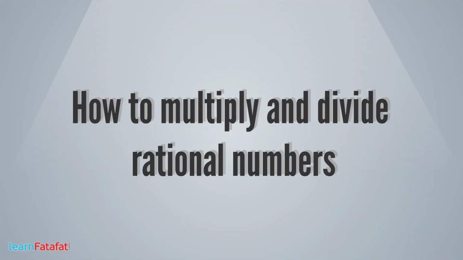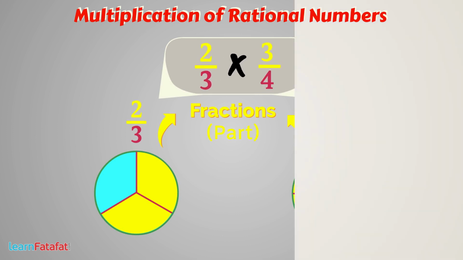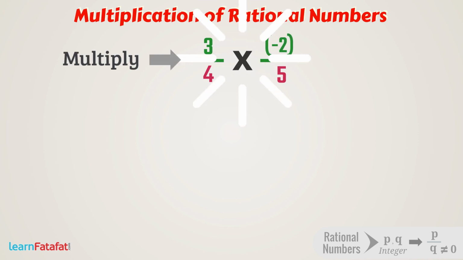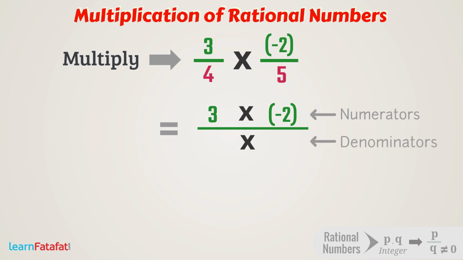In this video, we are going to understand how to multiply and divide rational numbers. Let's talk about multiplication. Basically, it is similar to multiplication of fractions. Consider the rational numbers 3 by 4 and minus 2 by 5. Let's multiply them. To multiply them, we will take the product of numerators 3 and minus 2 and denominators 4 and